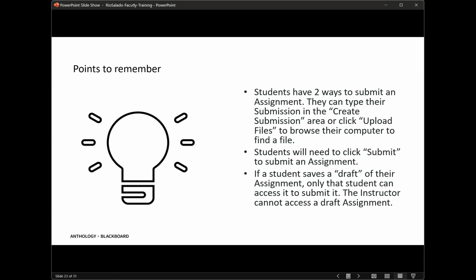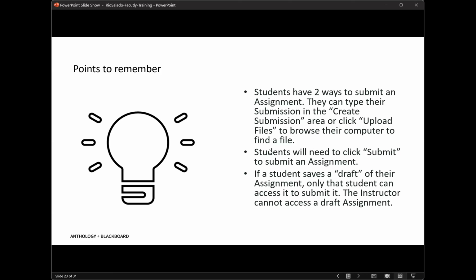Blackboard will accept various file types, anywhere from Word documents, PDFs, PowerPoints, image files. They could even submit a zip file if needed. So it kind of depends on the course they're taking and what their computer allows them to do. But I'll leave that to your team to kind of explore and check out.